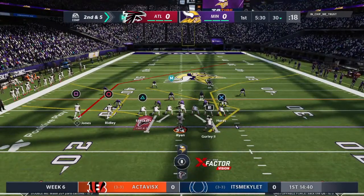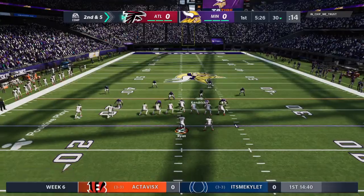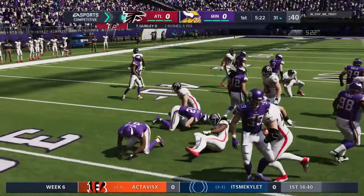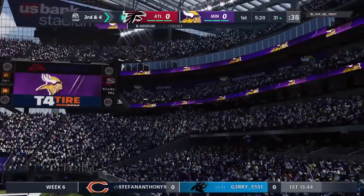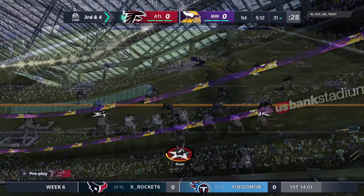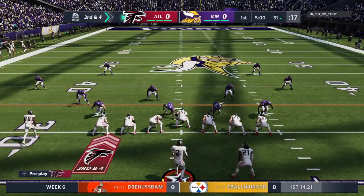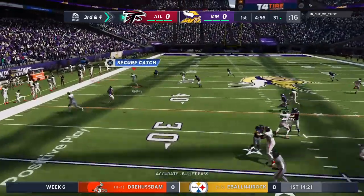Ball on the 30. They'll come up with a 2nd and 5. They run out of the shotgun with Gurley. They follow up the gain of 5 by only getting 1 there on 2nd down. Defensively, we always know that he is tough in run support, and I think the way that he gets there is he understands what an offense is going to do before the ball's even snapped. A great job of scouting prior to the game, then reading, reacting, and taking the right path to the ball